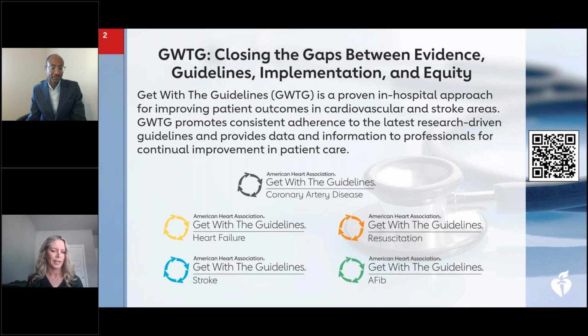First, I would like to provide a brief overview of the history of AHA's Get With the Guidelines CAD program. As you can see here, Get With the Guidelines CAD is one program amongst several modules that the AHA has developed to assist hospitals in providing evidence-based care to cardiovascular and stroke patients, with the goal of improving patient outcomes, equitable patient care, increasing staff morale, and improving reimbursement and also return on investment.